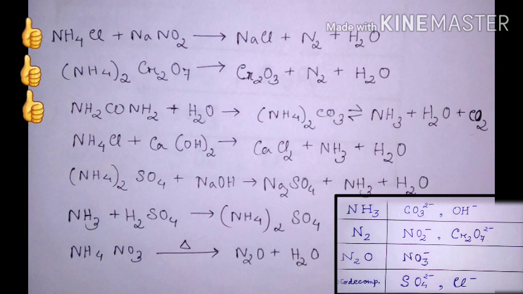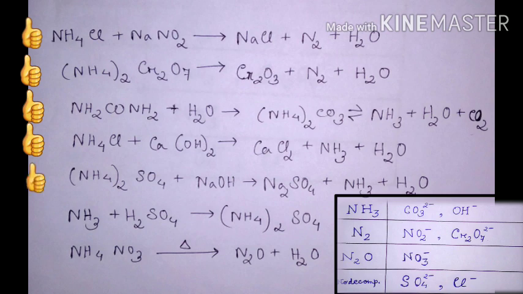In the next reaction, after urea reacts with water to form ammonium carbonate, we get ammonia as evident from our table, water along with carbon dioxide because of the carbonate part. You must know that whenever a carbonate compound decomposes, it always leads to the formation of carbon dioxide gas. Moving on to the next reaction between ammonium chloride and calcium hydroxide, we get the first product as calcium chloride by displacement along with ammonia and water. Ammonia because the other product would have been ammonium hydroxide, which finally decomposes to give ammonia gas along with water as evident from our table.